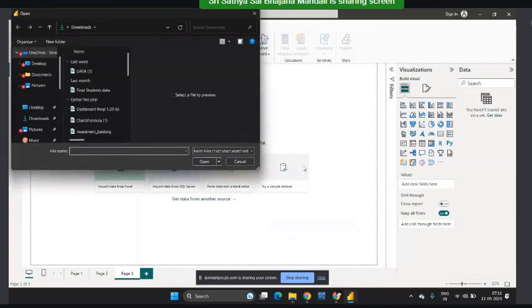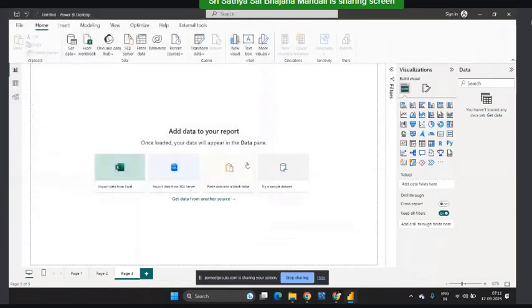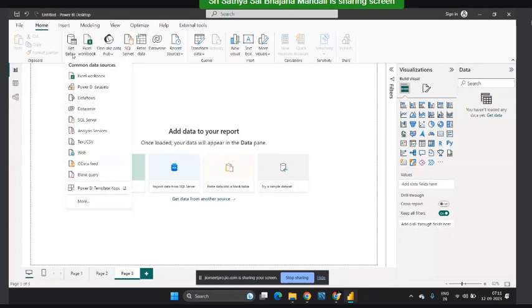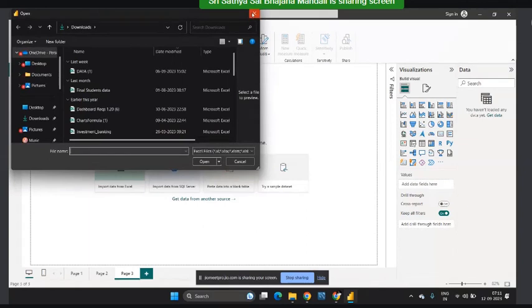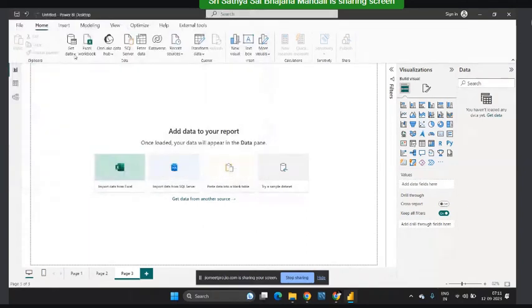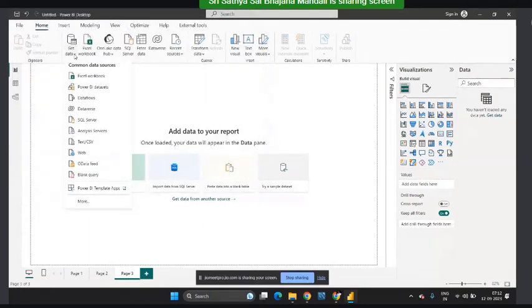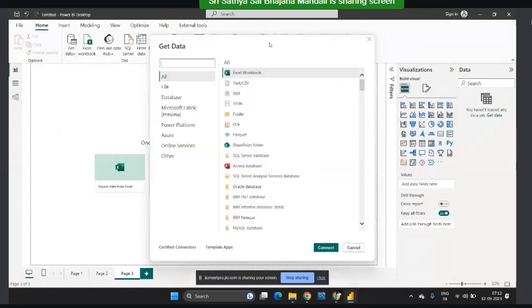Got it right up to here? How can I fetch the data? Go to Get Data. Through an Excel workbook also I can do it, but that is not best practice. After getting more hands-on experience, then choose shortcuts. Starting out, no shortcuts. Okay, go to Get Data, go to More,